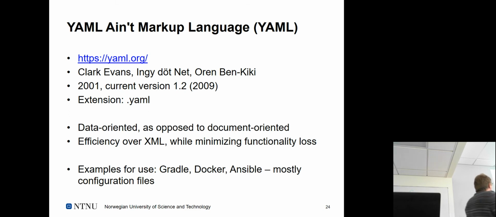Okay, one other format, just briefly go over it, and the reason why I put it at the end is probably because it's the youngest one. As I mentioned, I presented them in rough order: 2001, current version from 2009, so also a young dinosaur already. So it has been around for 10 years, so that's not super young.